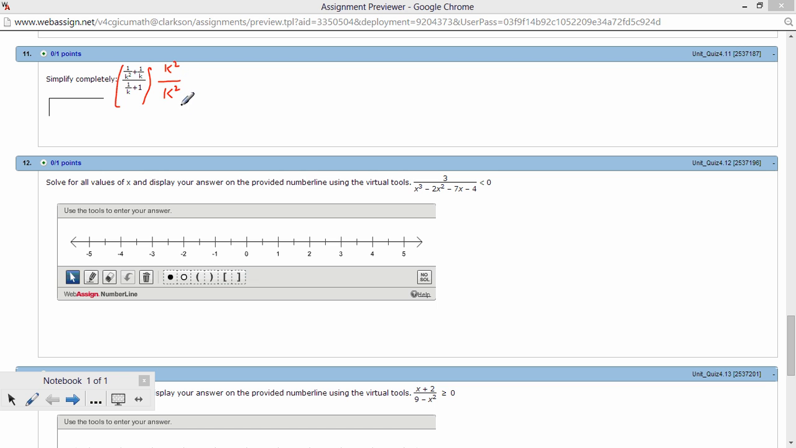By doing that, you will be multiplying by 1. It won't change the value of the overall fraction. We're going to carry out a distributive property here. So it's going to be k squared times 1 over k squared, and it's going to be k squared times 1 over k. And when you carry that out, of course, you're going to have a 1 plus